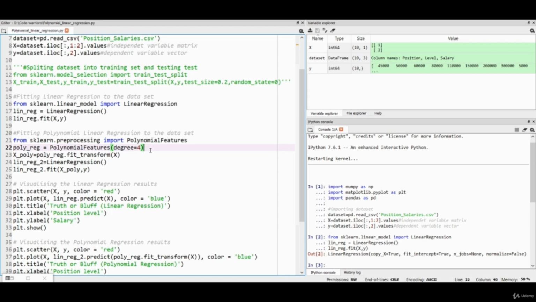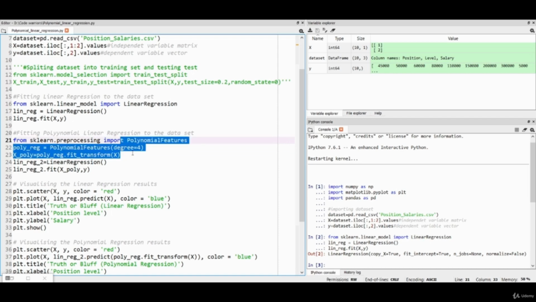We are writing the code X_poly equal to poly_reg.fit_transform(X). This code will transform our feature matrix X into a 4-column feature matrix, with each column having different degree values. So let's run these 3 lines of code.